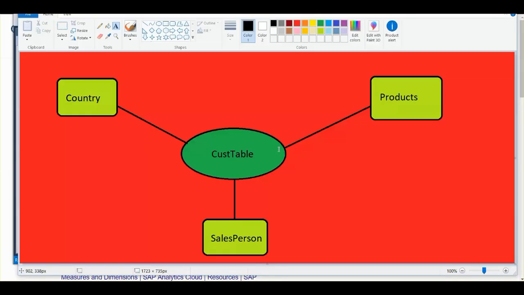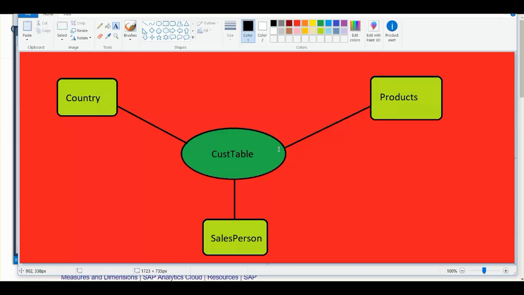Now, what you're looking at over here right now, that is also called a star schema. It doesn't look so much like a star, but basically when you have something in the center and there are branches going around it, I'm giving you a very layman kind of a definition, so please pardon me if I sound stupid.